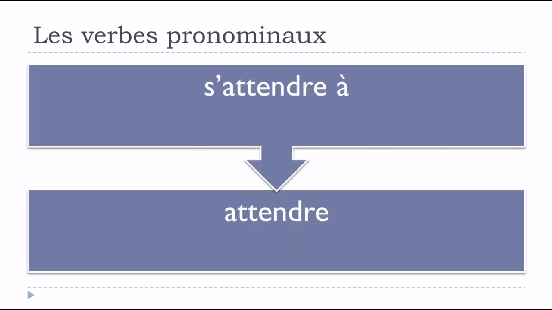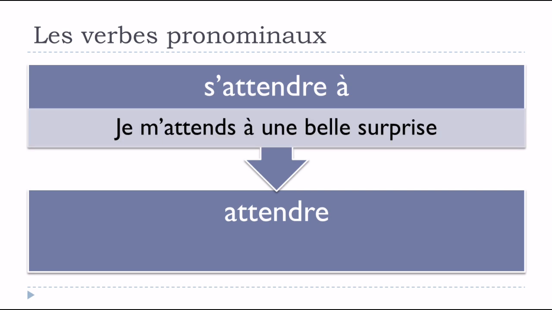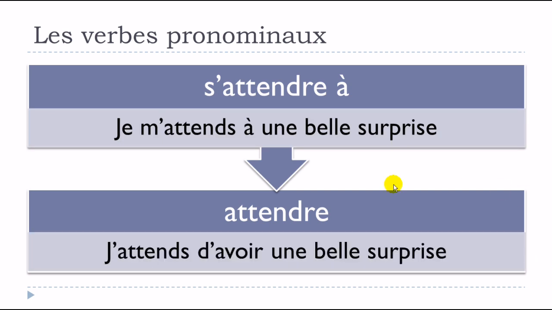Okay, so let's check now. S'attendre à, and then attendre, another one. Je m'attends à une belle surprise. Or then it would be possible also to use attendre like that. J'attends d'avoir une belle surprise. So it would be possible to express almost the same idea without using this form pronominal. Okay,